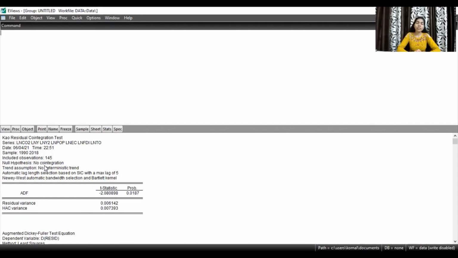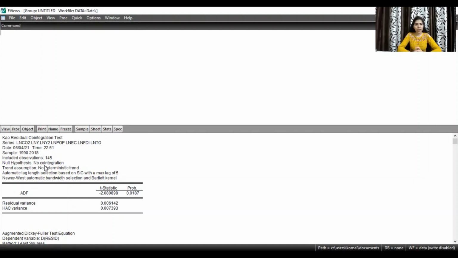For interpreting the results, we use our thumb rule: if the probability value of the test statistic is less than 0.05, we reject the null hypothesis of no co-integration. Hence, we conclude that there is co-integration among the variables.